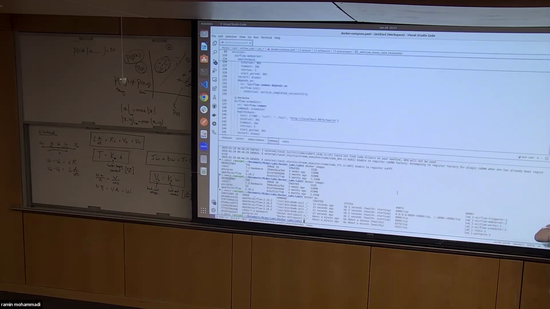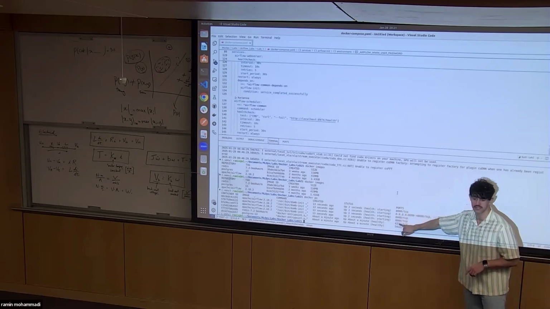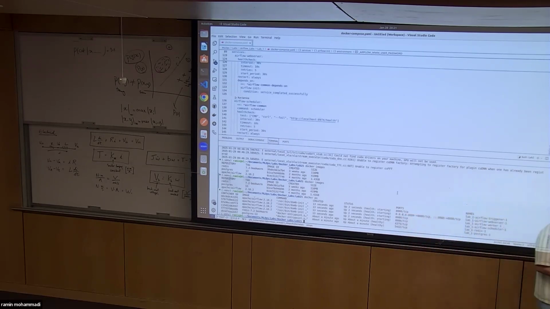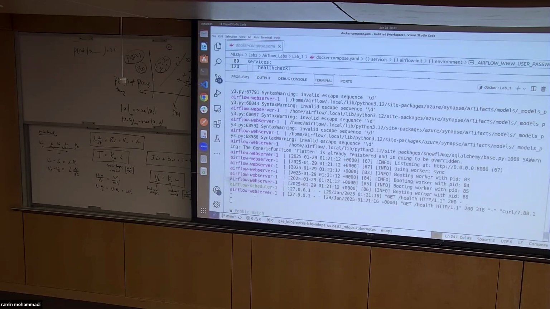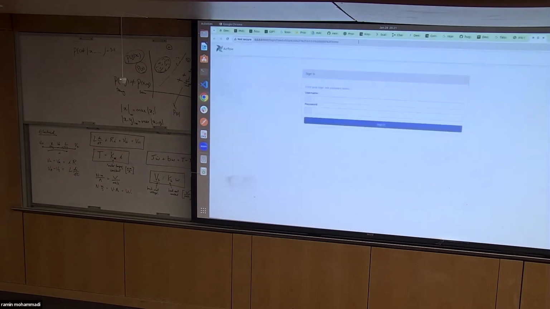Now think about how easy the process was. If we didn't use Docker, you would need to install a lot and take care of all these dependencies. We use Docker Compose, we just build it, run it, and you have all these containers running on your machine. It also tells you about the IP and ports and the types of connections that each one of those has. So if I go back here, this one is running, listening at this port. So if I go to this address,